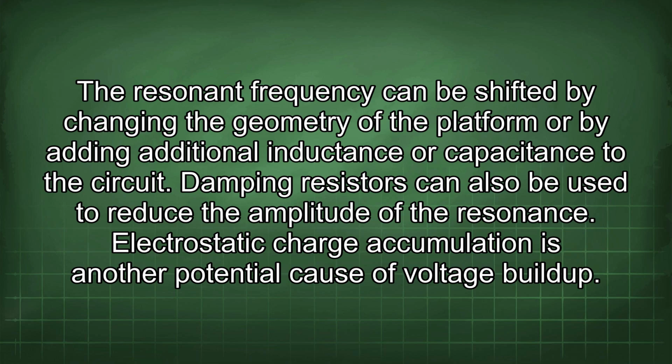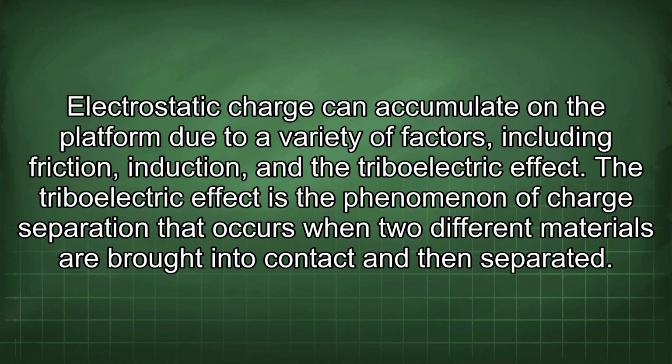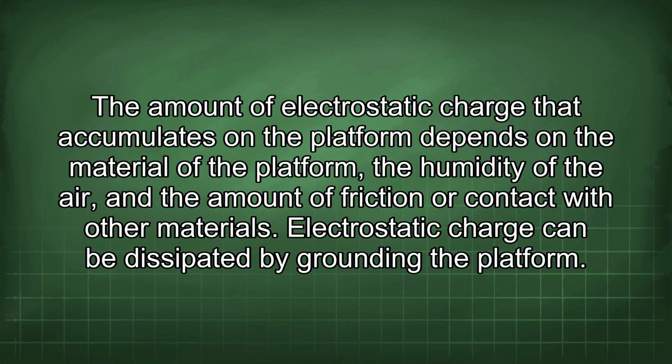Electrostatic charge accumulation is another potential cause of voltage buildup. Electrostatic charge can accumulate on the platform due to a variety of factors, including friction, induction, and the triboelectric effect. The triboelectric effect is the phenomenon of charge separation that occurs when two different materials are brought into contact and then separated. The amount of electrostatic charge that accumulates on the platform depends on the material of the platform, the humidity of the air, and the amount of friction or contact with other